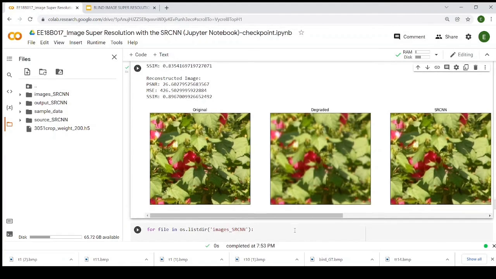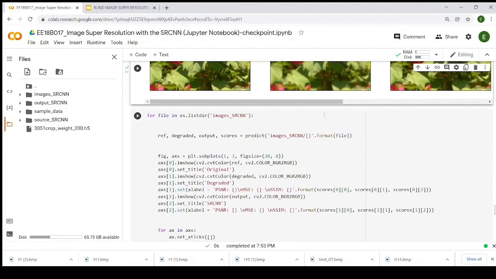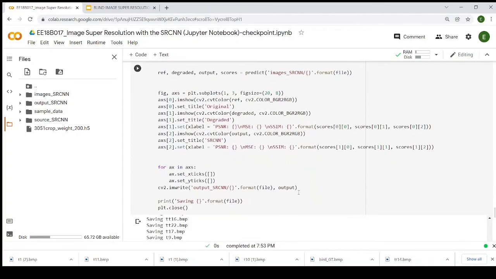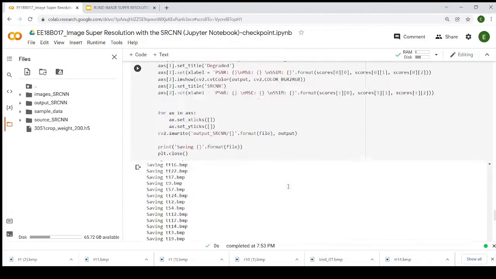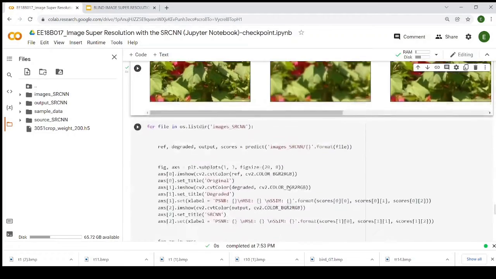Finally, I saved all the SRCNN images into the output SRCNN folder. So this is about my project.